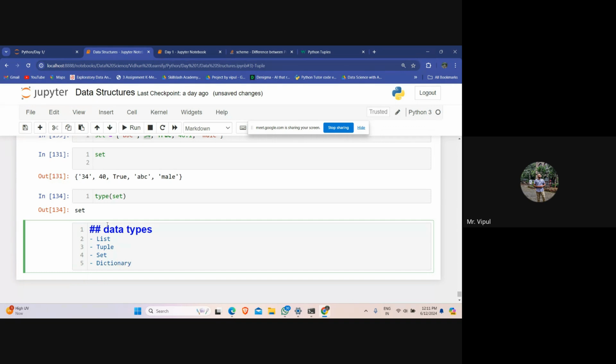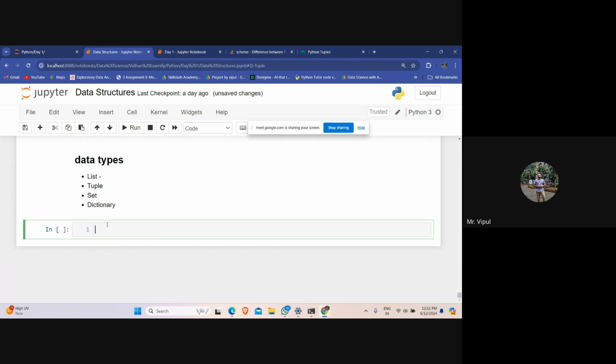So in list, what is there? We already have discussed this. I'll not write it down over here now. So this is what we have. You can add items in a set. How you can add items in a set, or how to access elements, we'll see this. How to access the elements of the set.